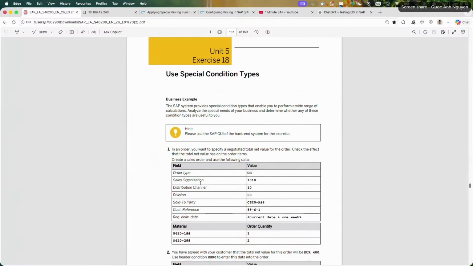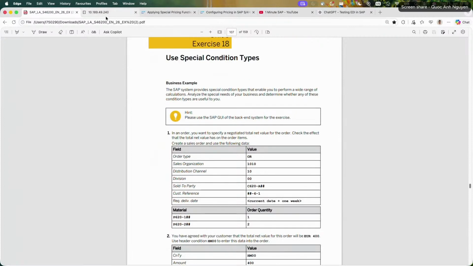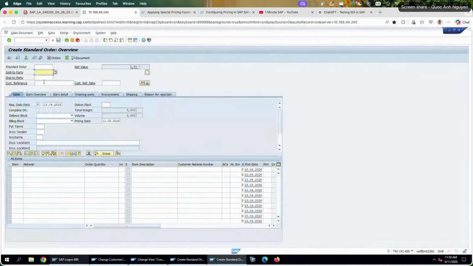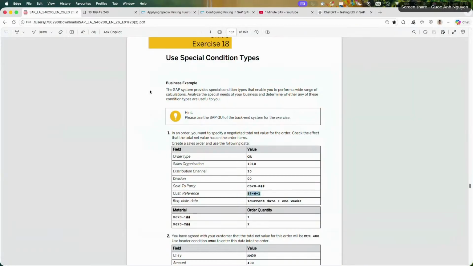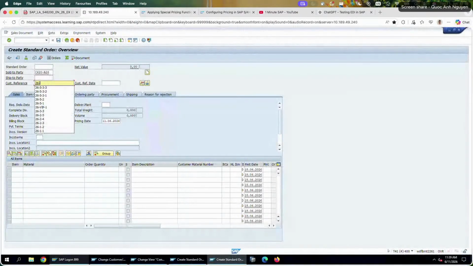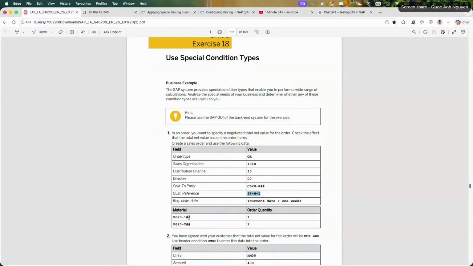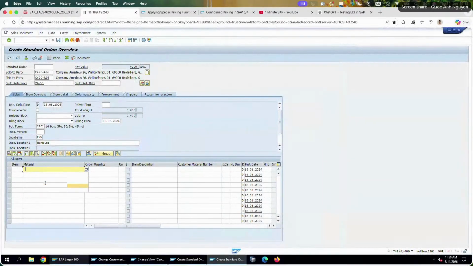First of all, let me create a new sales order for this one. A01 OR. The sold-to party is customer A. This should be our customer reference 2661. The materials I could have are 1261 and 2262. Quantity 1 for the first and 2 for the second. So the total net value of the sales order is 860